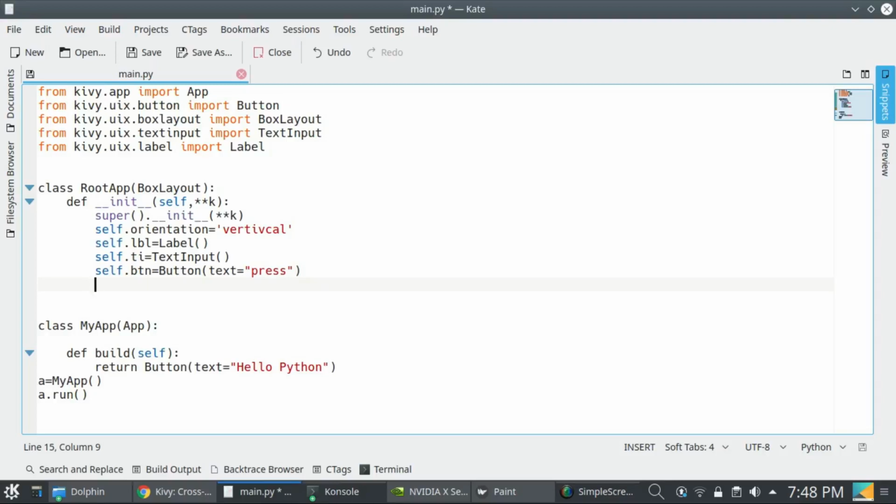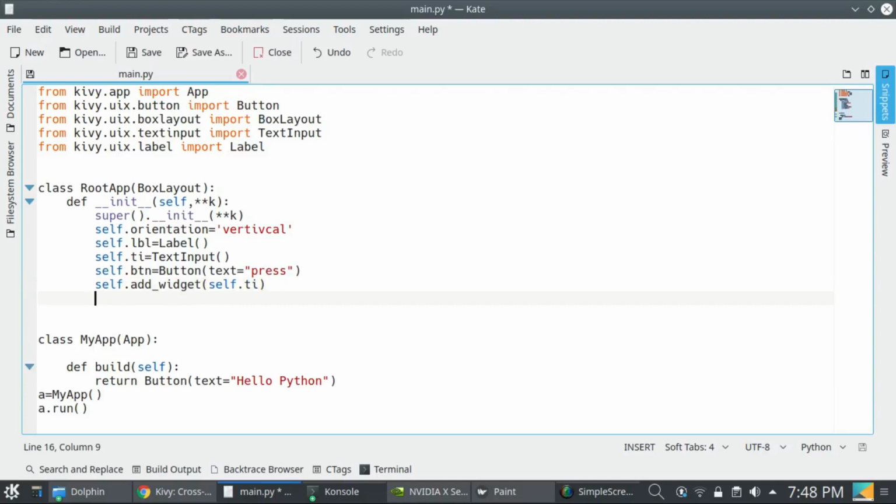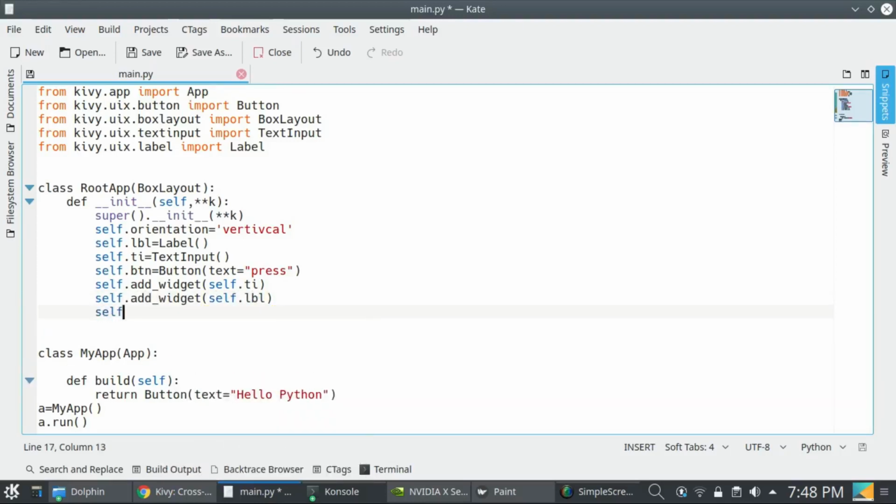To add these widgets into the layout, I have to pass these widgets into the add_widget method of box layout. self.add_widget, and I have to pass self.ti, then I am passing the label, self.lbl, self.btn.